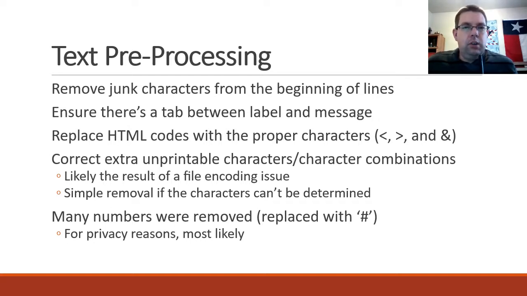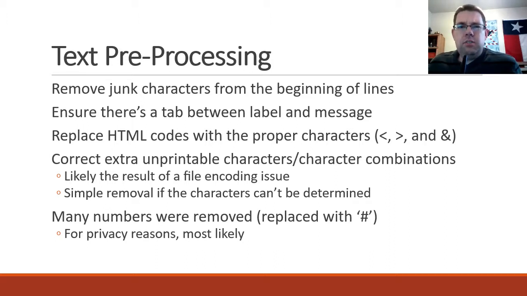There are also several lines that use a space in between the label, spam or ham, and then the actual message. Took those out and replaced them with tabs. There were some HTML codes floating around in there for the less than sign, greater than sign, and ampersand. And so I went ahead and removed those. May or may not, probably didn't make a difference, but it makes them more true to life.